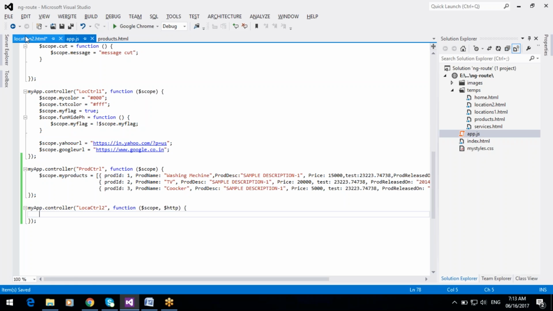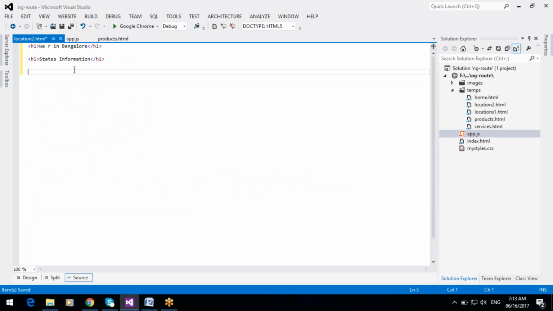When you click on the button, you want to display the states information. Write input type equal to button and value equal to display states info, and ng-click equal to function statesInfo.